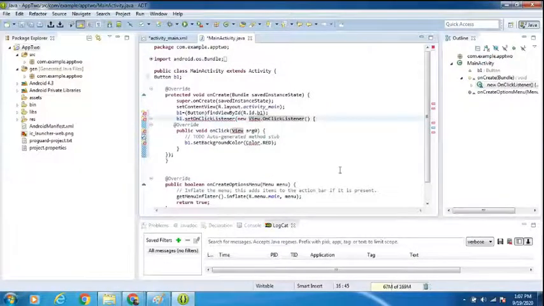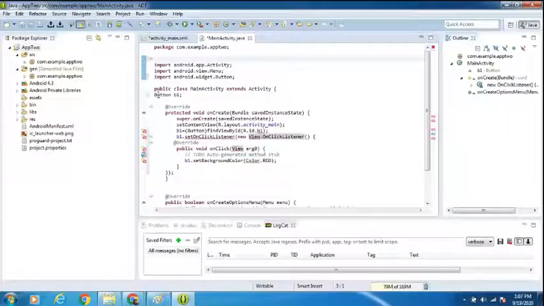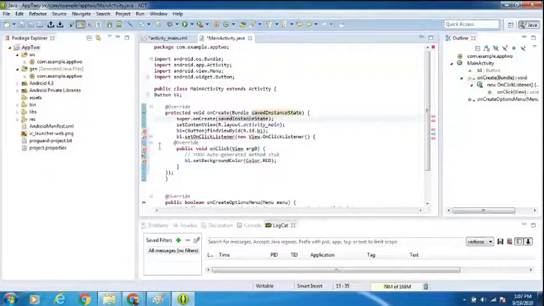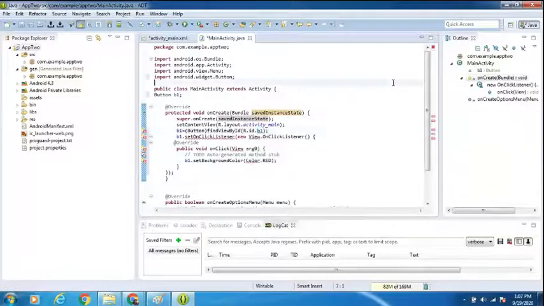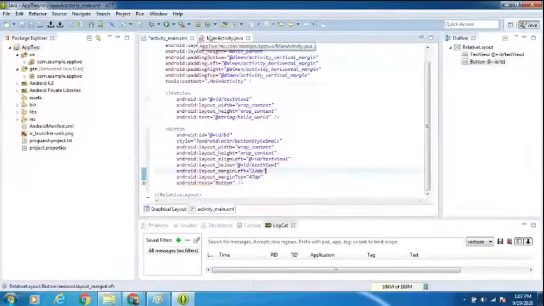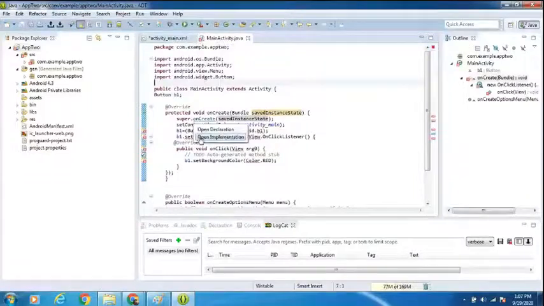Why are we getting these errors? Wait for a while.